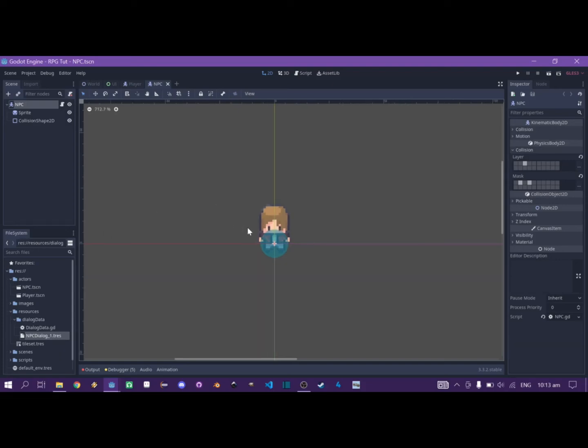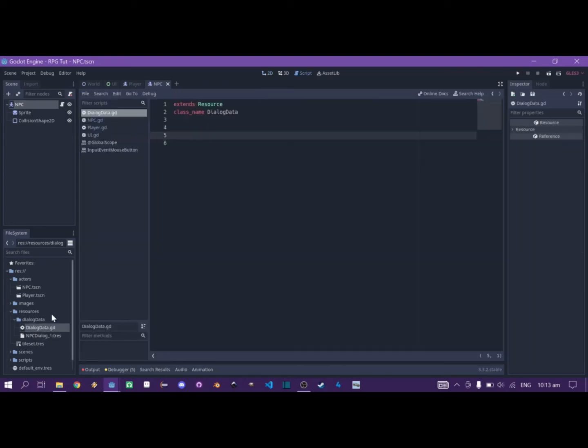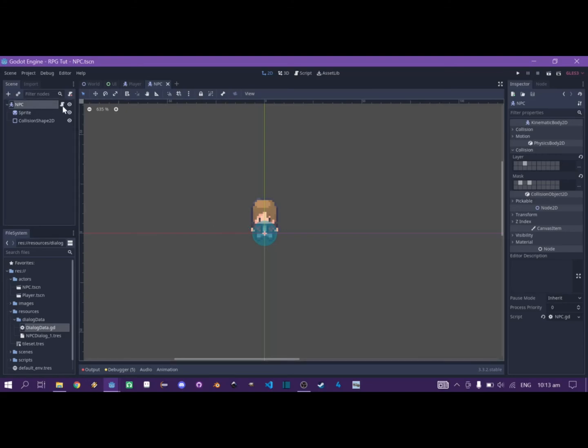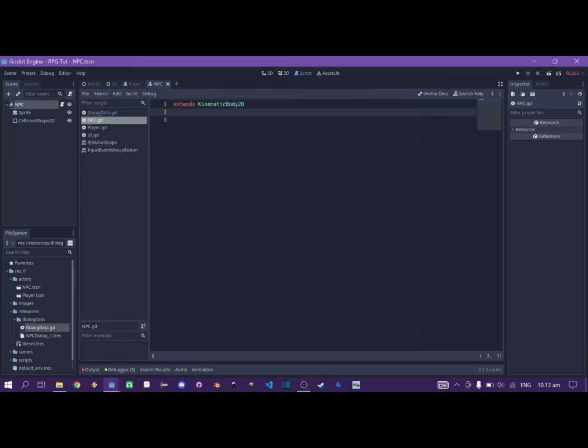Yeah, so usually game devs use JSON files as storage for dialogues, but this time I actually want to use the built-in Godot's resource class. Okay, now let's go back to NPC, then click the NPC script, and then type in export resource for dialog data. Okay, let's set it to null,